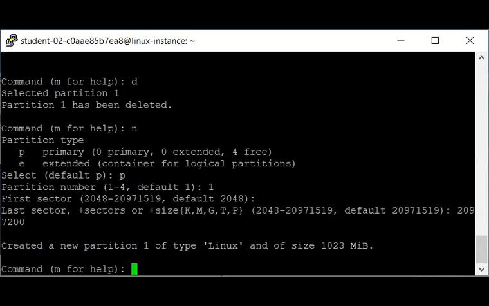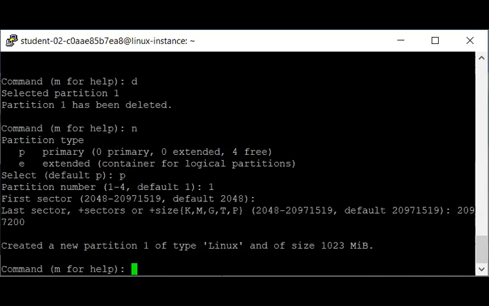Two important things happen here. The partition size is set to 1 GB and the partition type is set to Linux, as I have already said to you. You will see how to change partition types in the next section. Partition one is now created. You will now move on to the second one.